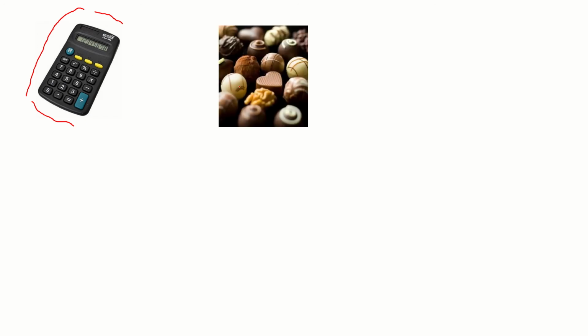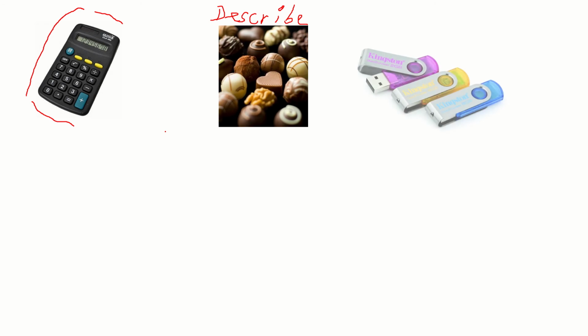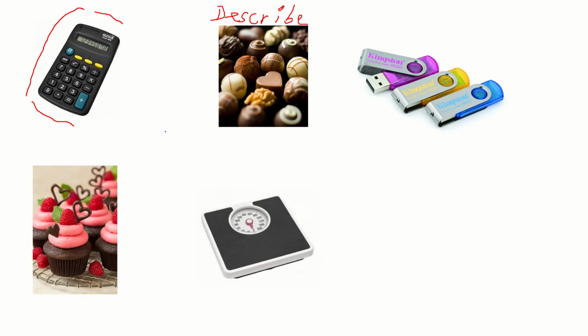For example, don't tell me what the name here is. Try to describe this object without using the name. Okay, I'm gonna go fast. You pause the video and you describe the object without using the name. All right,